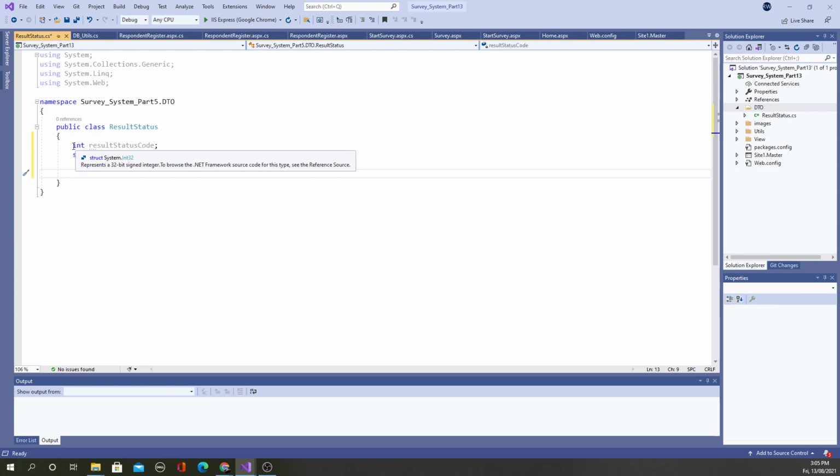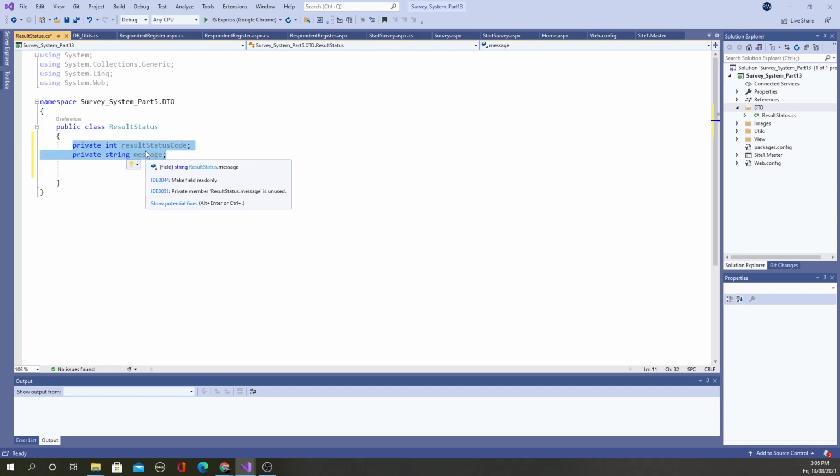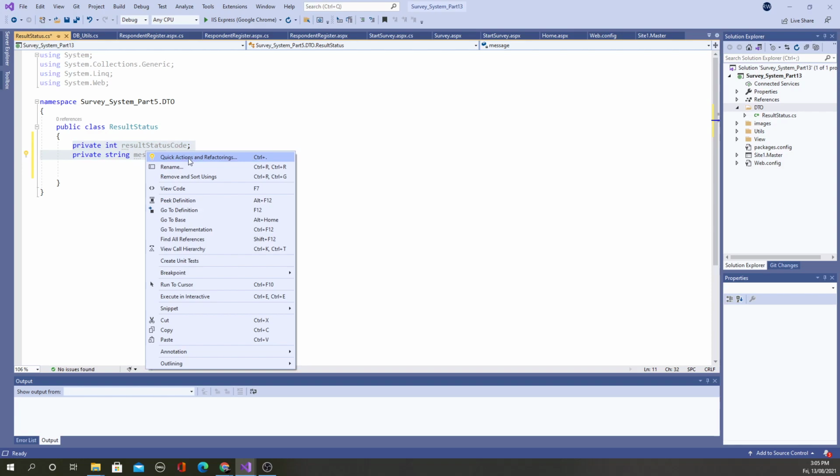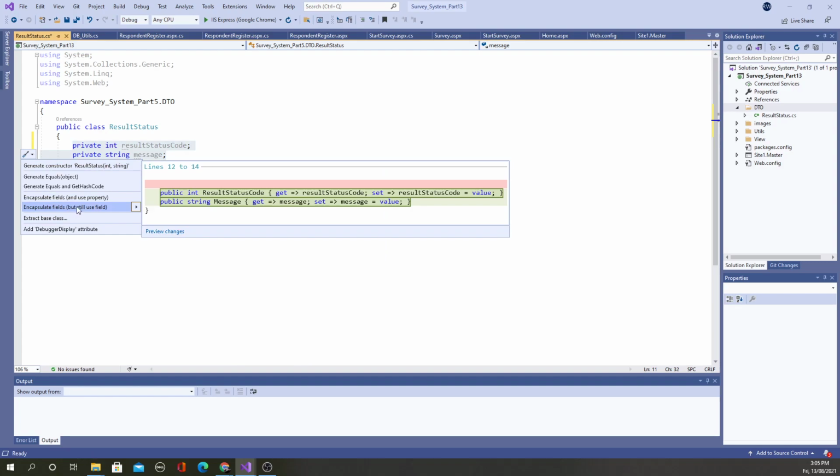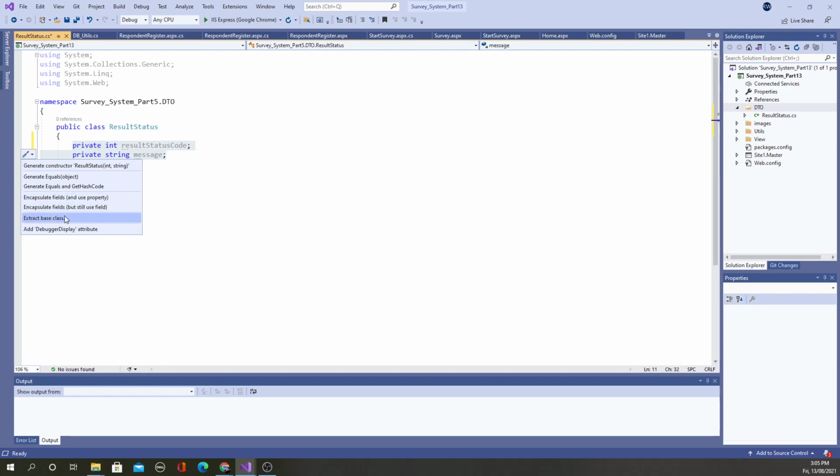Now we need to generate getters and setters so we can use them as properties. Let's make the attributes private, so that we can have public getters and setters. So let's put them as two private attributes, highlight them, right click and select quick actions and refactoring, and then encapsulate fields, with properties still as fields.